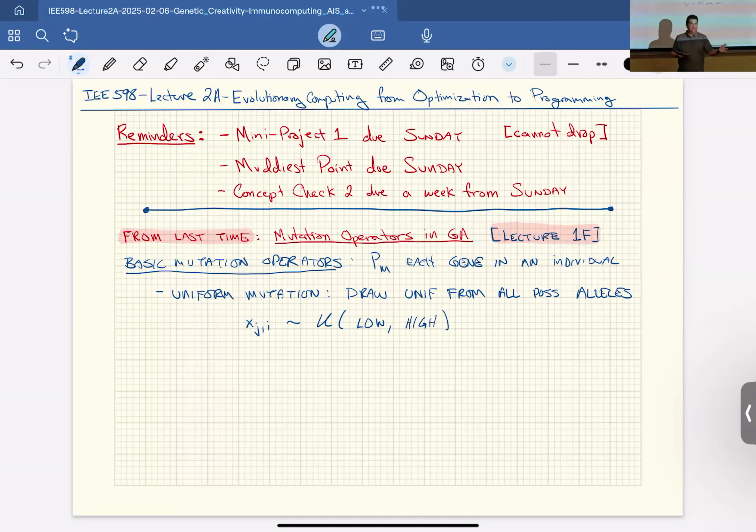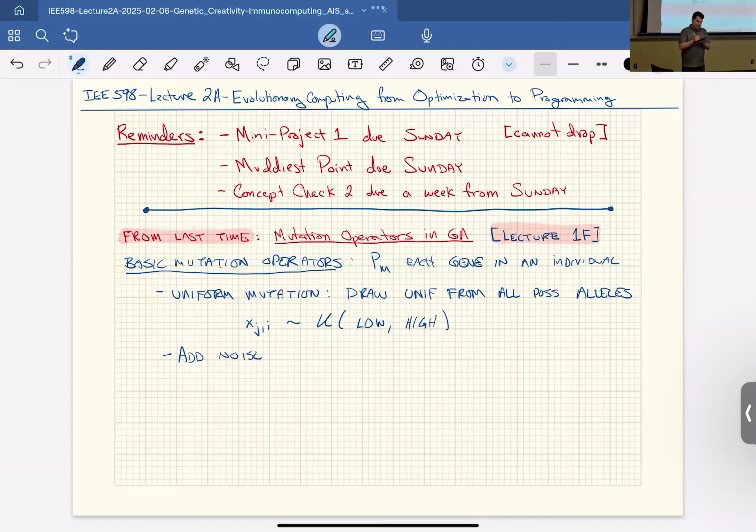It doesn't matter what the previous allele was; it gets blown away completely and replaced with a random allele from the feasible set in that dimension. Alternatively, it's common to, instead of blowing the whole thing away, just add noise that is uncorrelated with the current step of the generation and uncorrelated with the current value. So zero mean noise you can just add on top of it. So the alternative is just to add